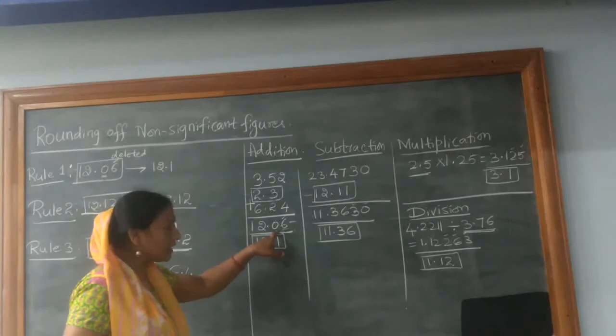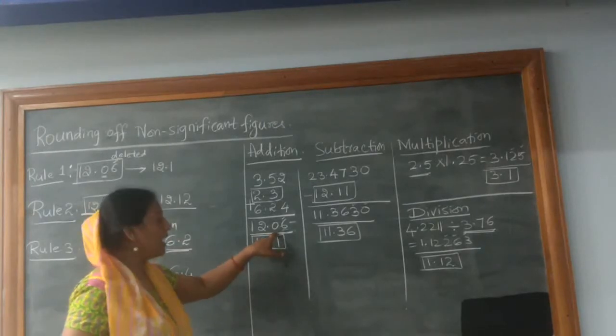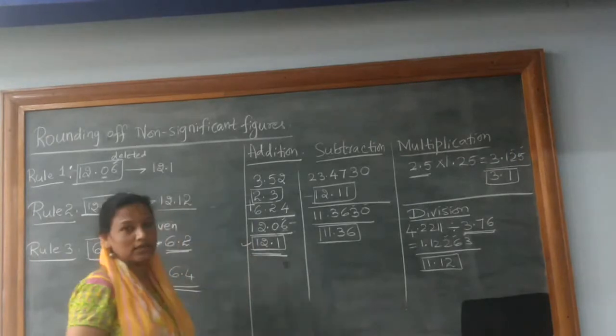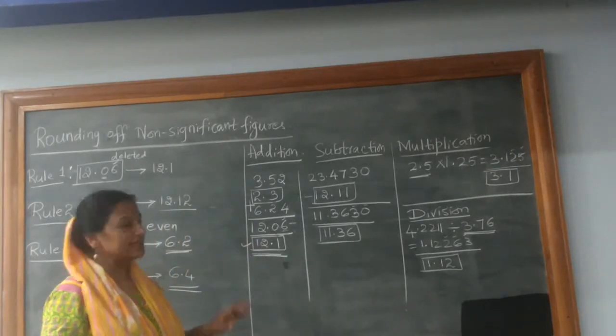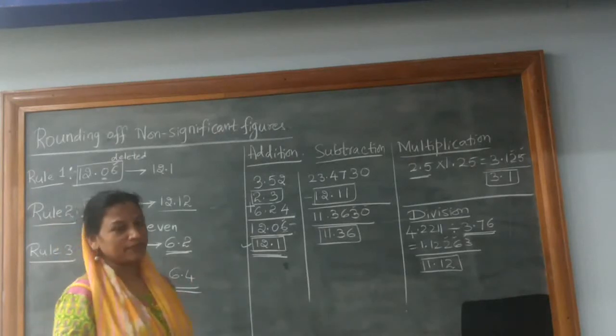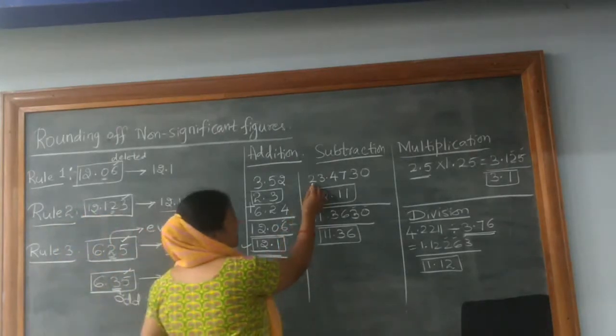So you will add 1 to the preceding digit 0 and you will report the final answer as 12.1. So this is addition. Coming to the operation subtraction. The value taken here is